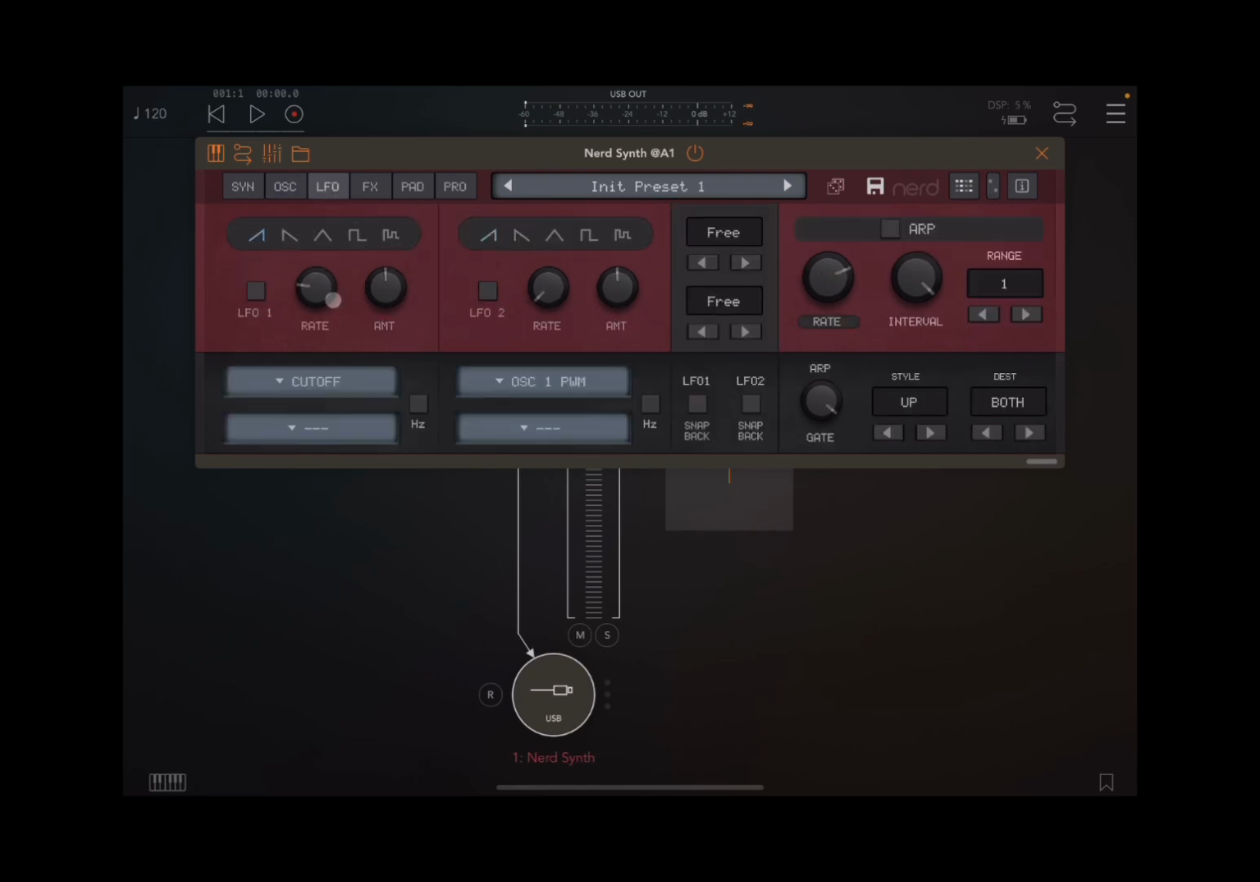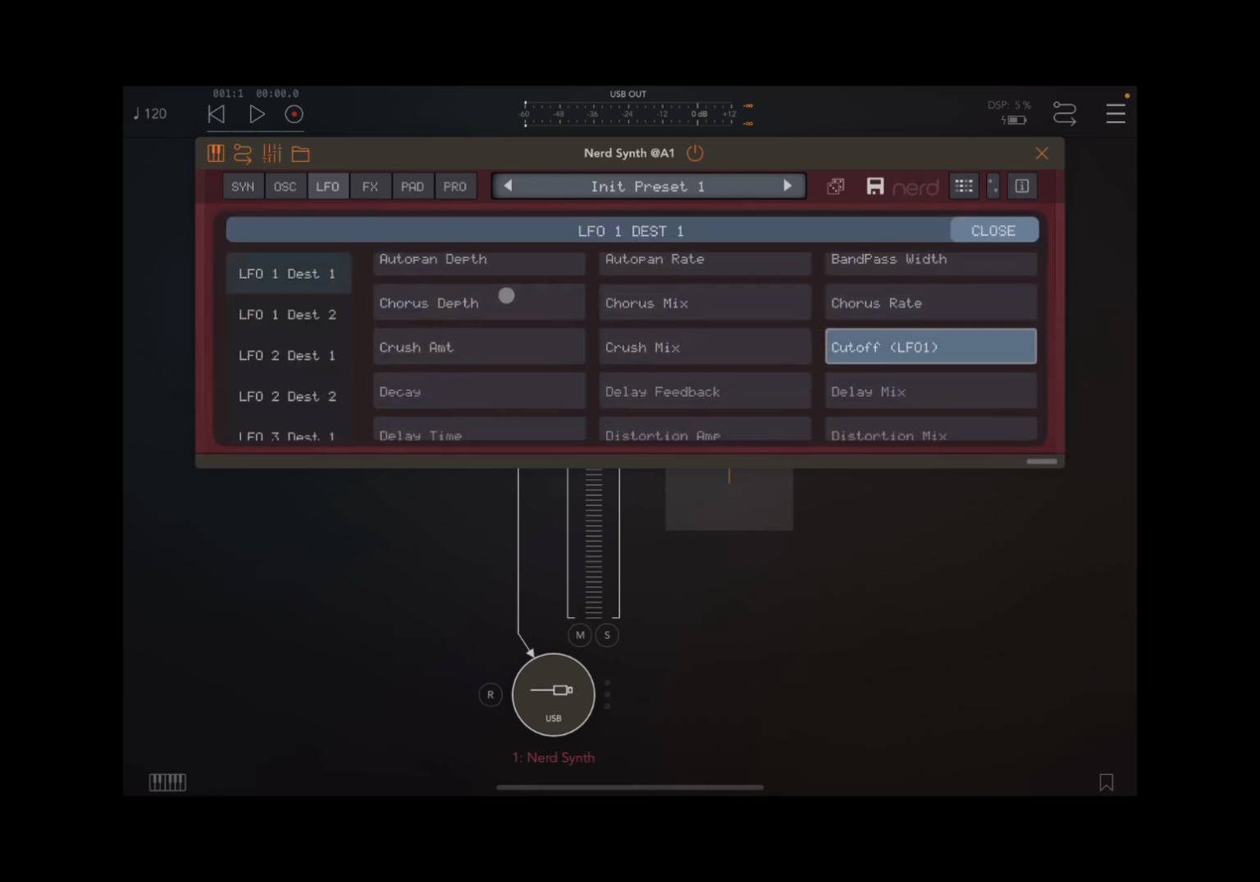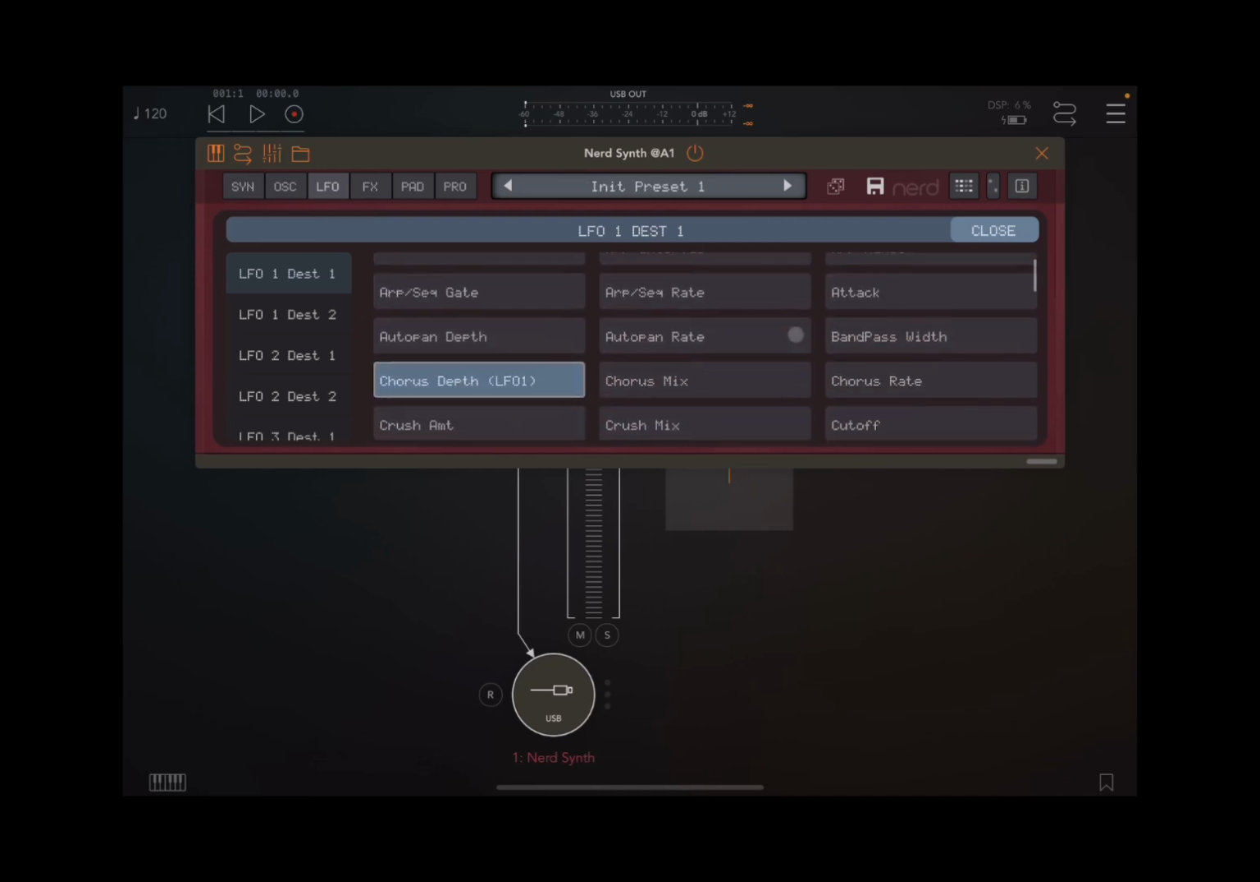So let's go to the LFO. Here you have LFO1, LFO2. Of course, you can enable them like so. You can decide the type of waveform here, the speed and the amount, and then you can decide the sources here, cutoff or another one you choose. Okay, so for example, let's say that we want to change,